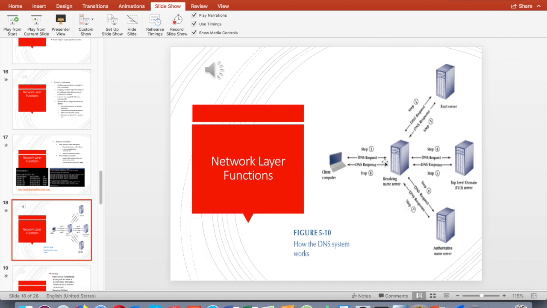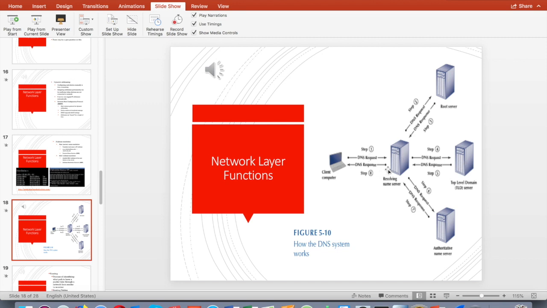This is the example of how a DNS request works. So it's important to follow these steps here, step 1, step 2, step 3, because your resolving name server is going to check at its local root server. So it's going to check at your organization itself to see what their DNS has on it. And if it doesn't find the name that it can resolve, it's going to try again at the top level domain server or the TLD server. This would exist through probably your ISP or something at that level.